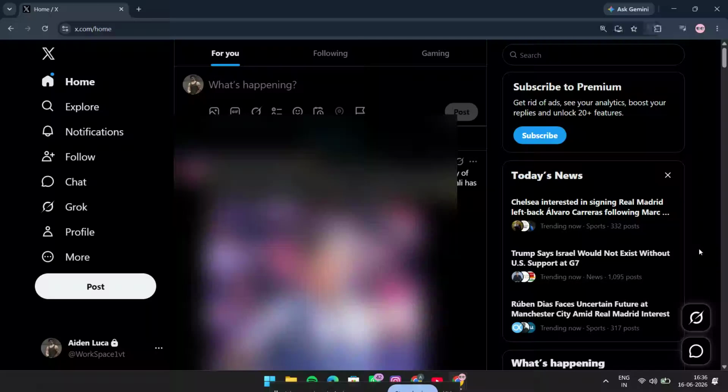If you want to learn how to search on x.com, also known as Twitter, you're in the right place. In this quick tutorial, I'll walk you through the exact steps to find posts, accounts, and topics using the search feature on X. This is one of the fastest ways to discover content, follow trends, and look up anything specific